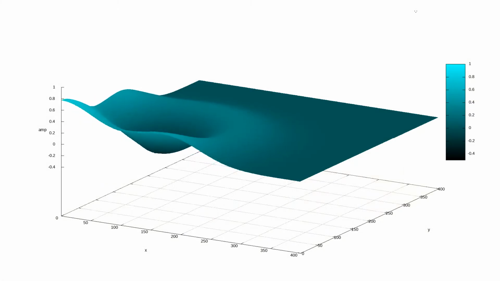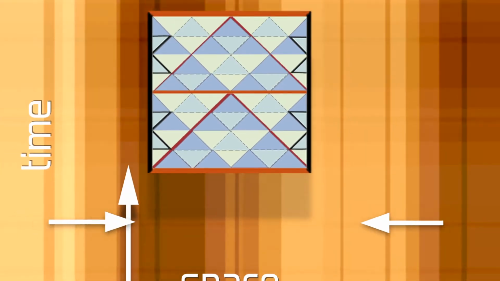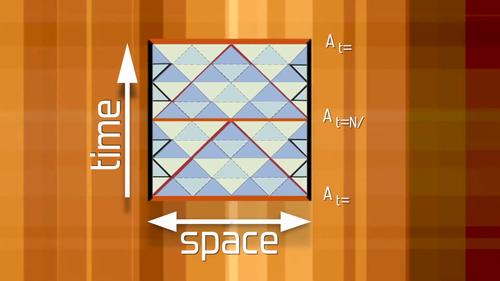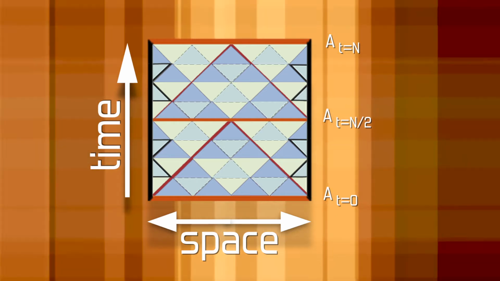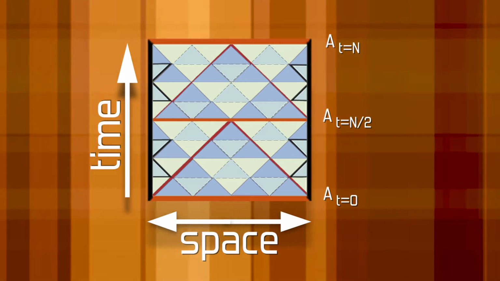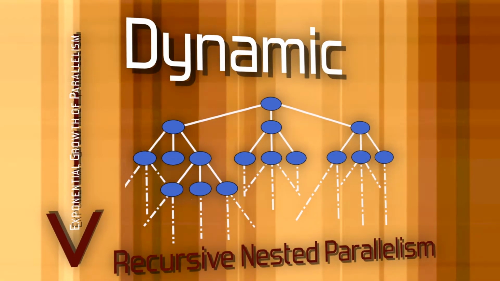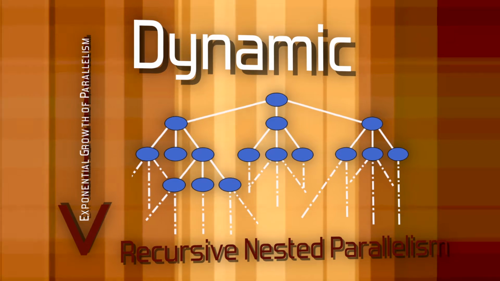Processes in the world around us, such as heat diffusion over a 2D plane, are described using differential equations. These can be solved numerically using a stencil on a set of finite grid points, replacing the continuum of space and time. Depending on the process, we may be able to compute many or all of the points in the stencil in parallel. The AllScale project is implementing a novel approach using recursive nested parallelism, a technique which is implemented